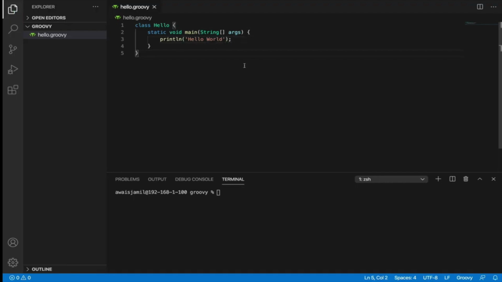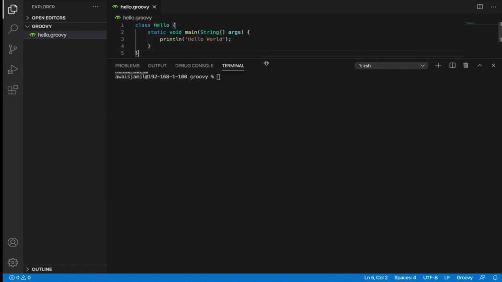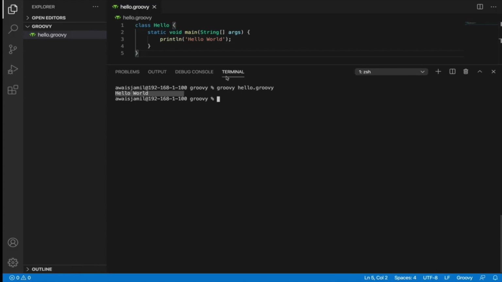Let's save the file, and I'm going to go to terminal, and the way you execute this Groovy file on terminal is by typing groovy and then space and the name of the file. Press return and you will see hello world printed on the console. As you can see, we actually ran our Groovy file, and congratulations, your Groovy file is running and your hello world is getting printed. Now, a couple of things I want to talk about terminal.